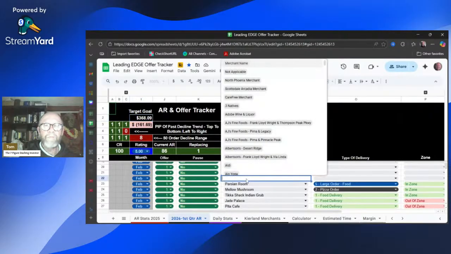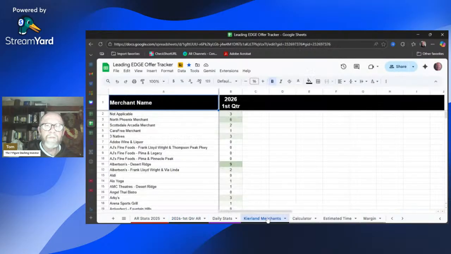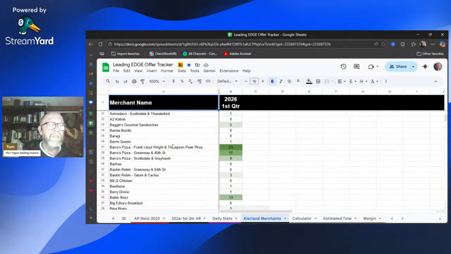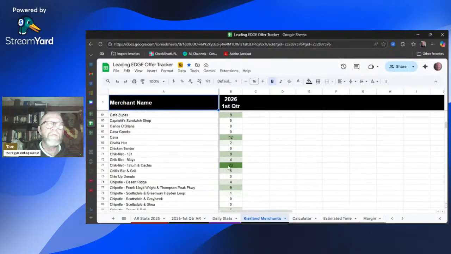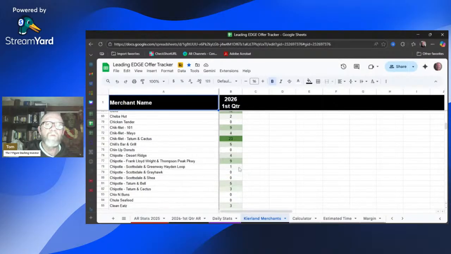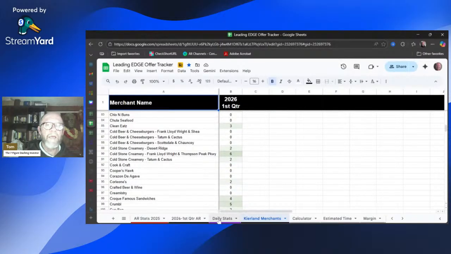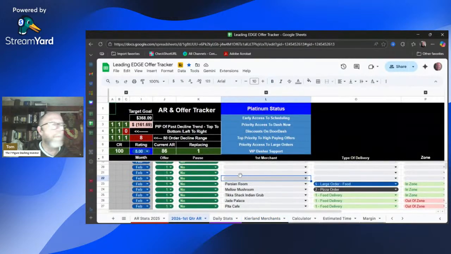And then I've got this broken down. Here, I'll jump over here real quick. I went and scraped every single business that's inside of our zone. And then it tracks, so far this year, I've been to Bosa Donuts at this location 16 times. I've been to Chick-fil-A 23 times. So every time I enter the name of the company that I went to,